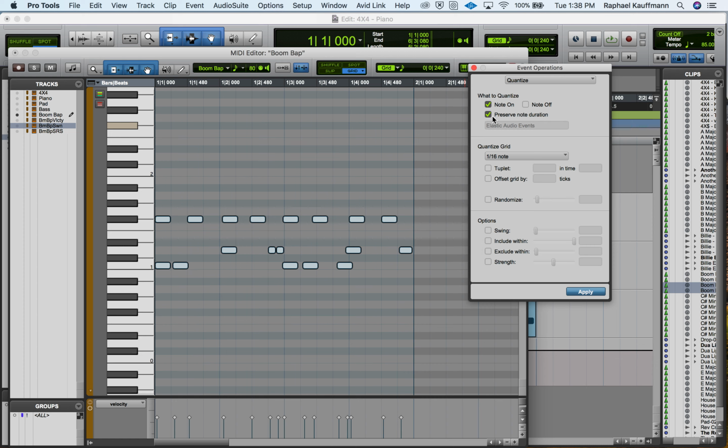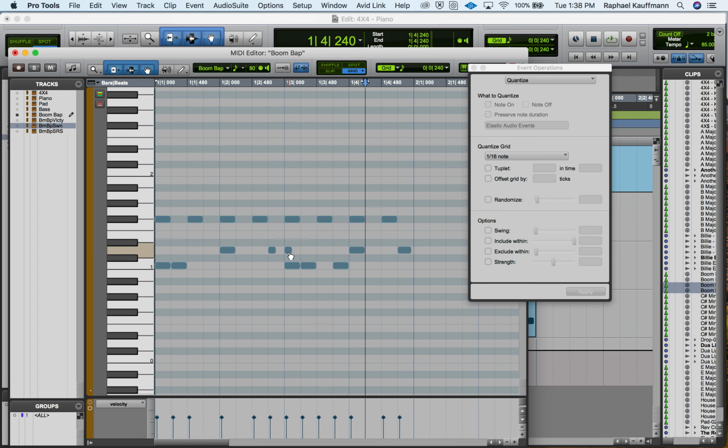And it preserved the note duration. We could change how long the note is, but these were drawn into 16ths, they're fine. And we don't need to worry about the note off. So we're going to keep it very, very simple. Note on, 16th notes. Watch as I hit apply. Okay, everything went back to its perfect robotic place except for the 30-second notes, and that is because they were